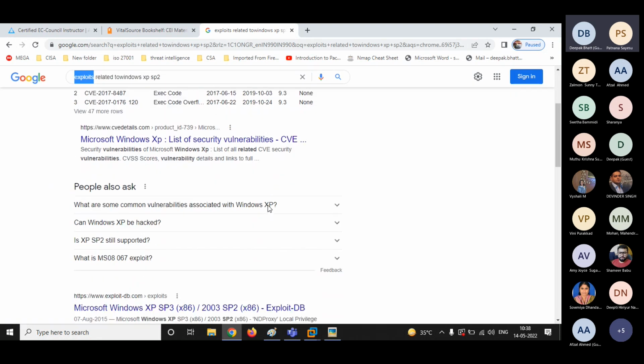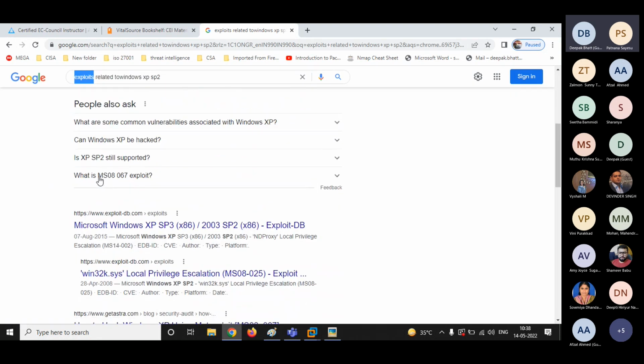Let's see. The exploits that are available include MS08-067. Please note it down. I'm writing it in the chat box also. Bhumika, I'm not able to see the chat box. Can you please enable the chat box for me? I'm not able to see it in my console. Okay, now I got it. We have MS08-067.